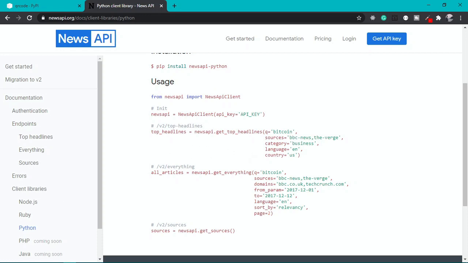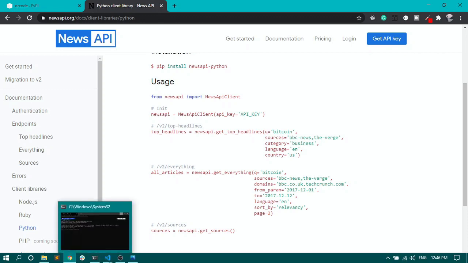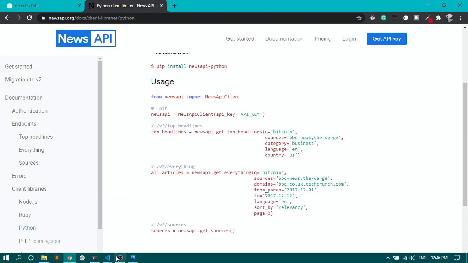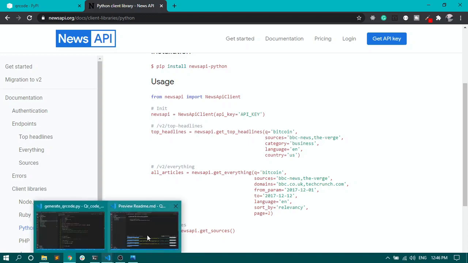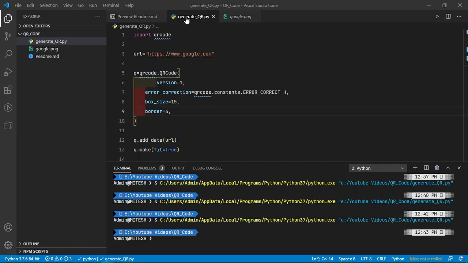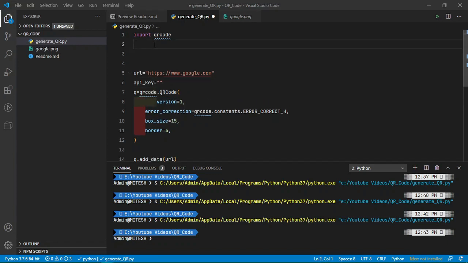So let's see. Okay, so first what we want is that API key. I can't share that API key with you, so for now I will just use API key as an empty variable, and we require packages like import. So wait a minute,